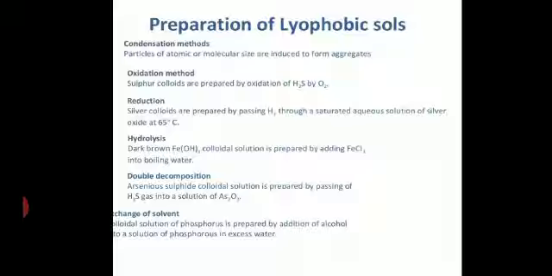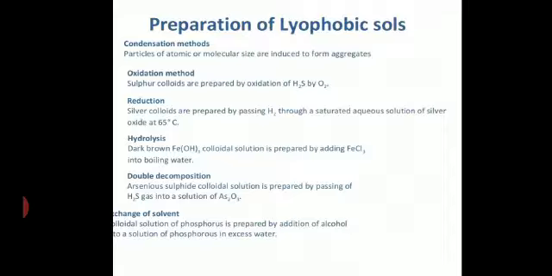Substances like sulfur and phosphorus are fairly soluble in alcohol. They are not soluble in water, you know that. Basically, they are soluble in carbon disulfide. They are fairly soluble in alcohol, but less soluble in water. So, if their alcoholic solutions are poured into water, colloidal solutions of sulfur and phosphorus are obtained.